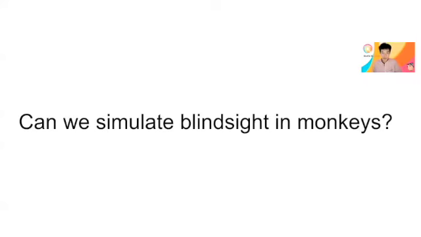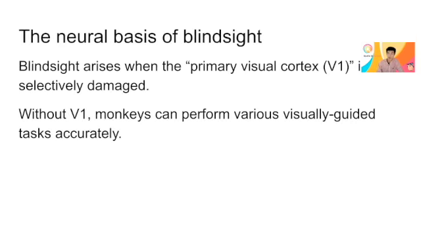Can we simulate blindsight in monkeys? To understand the neural basis of blindsight, we really need to understand what's happening. We need a model animal. In fact, blindsight can arise when the primary visual cortex, V1, which I'm going to explain this week and next week, is selectively damaged in monkeys. Without V1, monkeys can perform various visually guided tasks accurately, but they seem to be blind,